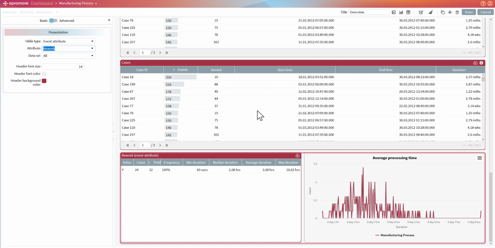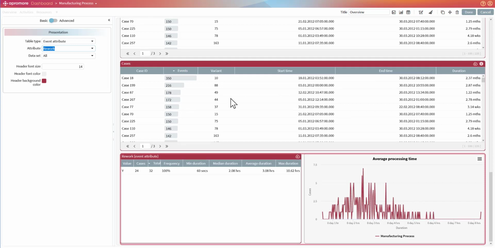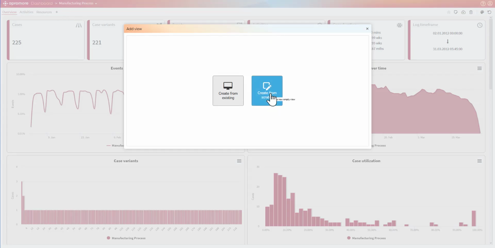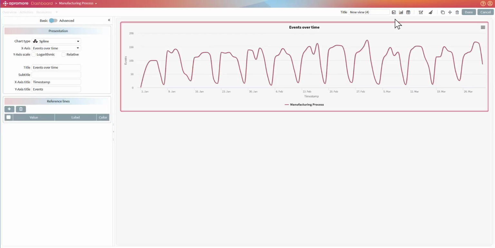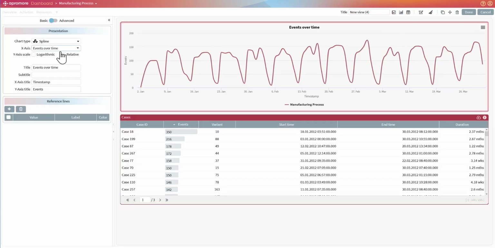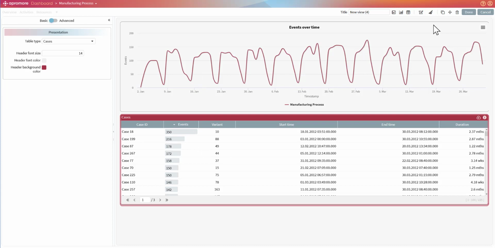All the work that I configure is saved so that when I come back, I am able to see the chart exactly as I have defined it. Once I have saved a given chart, I can also add more charts. For example, I can create a completely new dashboard from scratch, and I can start populating this dashboard with different tables and charts. And as before, I can select what is being displayed in each dashboard, and what is in each chart, and what is being displayed in each table. And I can then save all this dashboard and share it